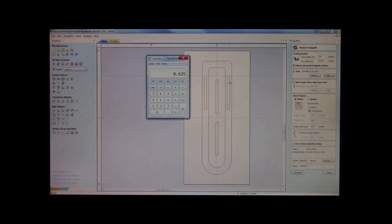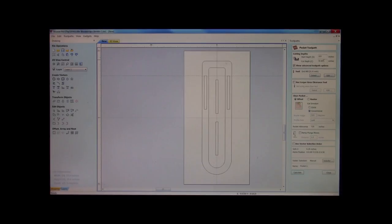Now, I'm going to take that, and that's basically the pocket that I need to mill in not only the frame, but also the back of the clock face. Okay? So if we take 625 and divide it by 2, we come up with 312 and change. So we're going to come in here, and we're also going to come in over here, and with an end mill, I'm going to go in 300 thousandths. These will be my bar pockets. I will hit calculate. Alrighty, now